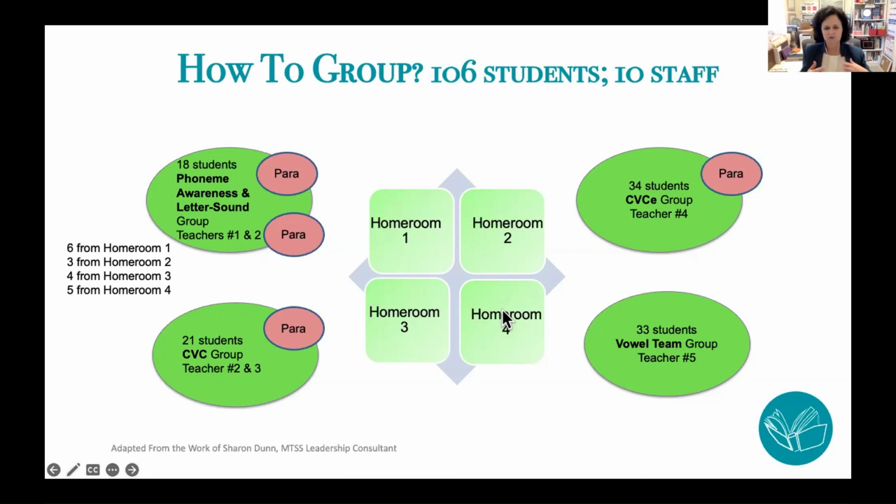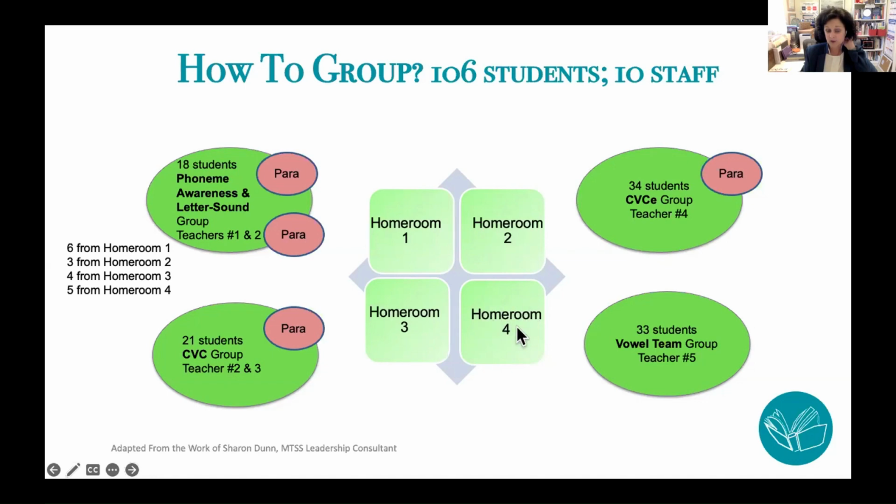So just to drive home the fact that this is not tracking, this is not grouping students forevermore or for every part of the school day, every subject, and it's not even for the entire school year. This is quite flexible. So they had 6 students who came from homeroom 1 into this group at the top left corner. These were students who needed to work on the very most basic skills, phonemic awareness and letter sound. There were 3 students in homeroom 2 who needed exactly the same skill work, 4 students from homeroom 3 and